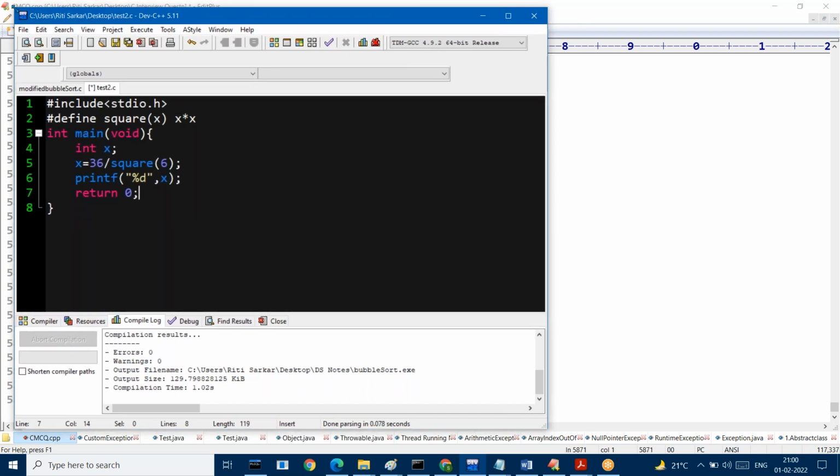This is what I was expecting. You will make the mistake, and this is where you made the mistake. So precedence and associativity will come into the picture. So here, what will happen,